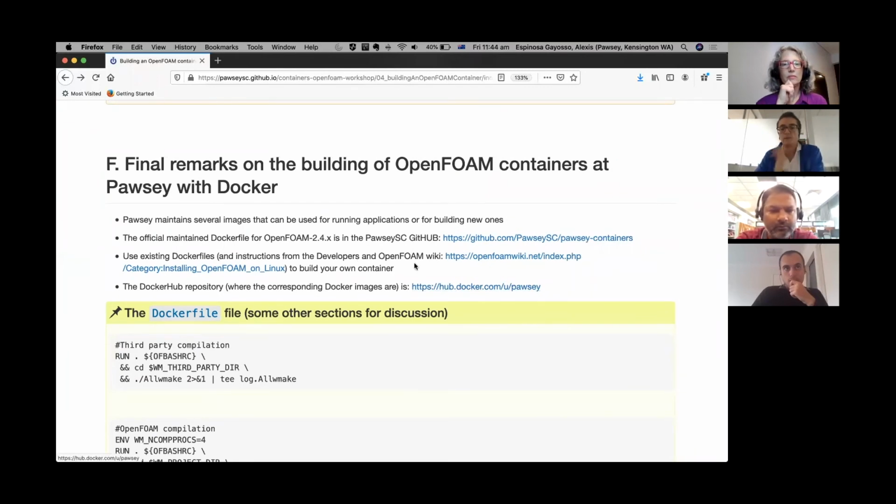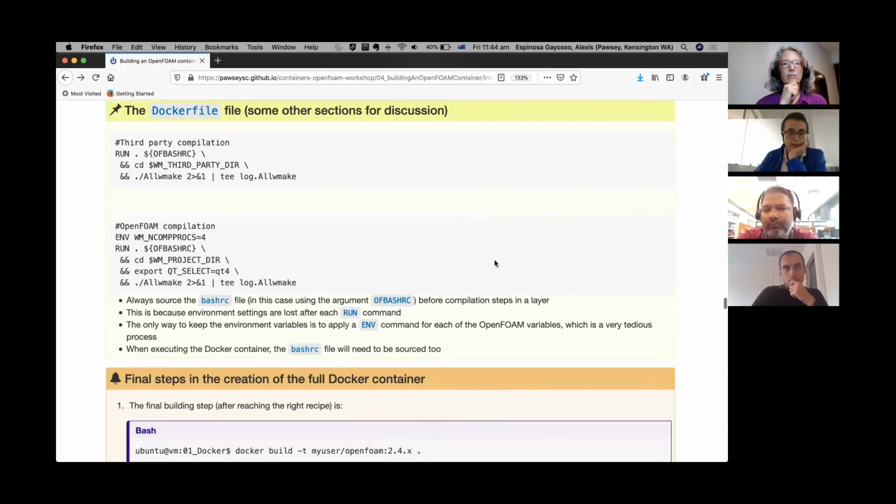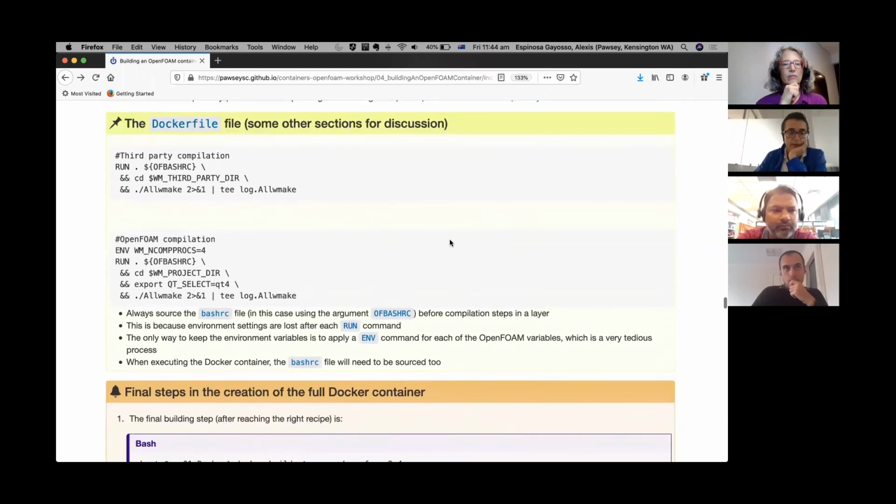Yeah, we have the Docker images in Docker Hub. This is a link to the wiki instructions. Again, those instructions are fantastic. The only issue is that they are for OpenMPI, so you need to make these tweaks to use MPICH. Okay, so the final commands in the Dockerfile are these two parts, which are the commands for installing or